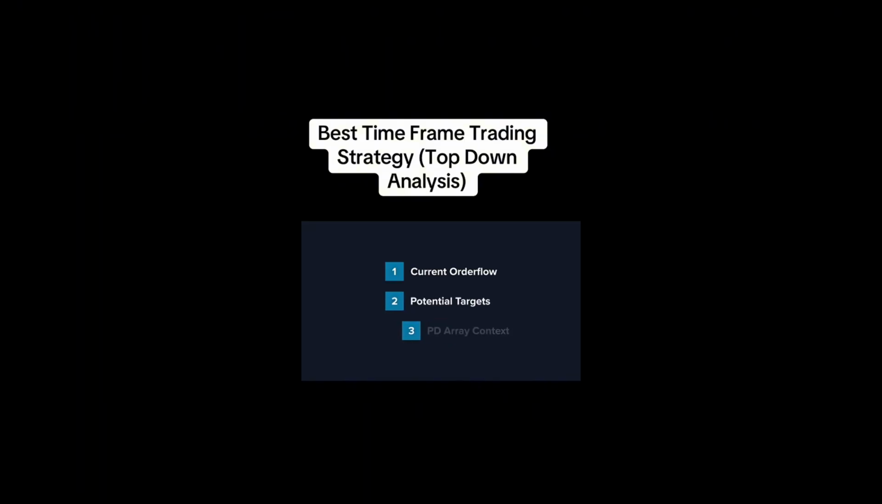And then the third step involves figuring out which key level is the current draw on liquidity by using the context of the PD arrays within the chart structure. So let's go through this process now. Starting with the first step, the method for how we can find the current order flow of the price action